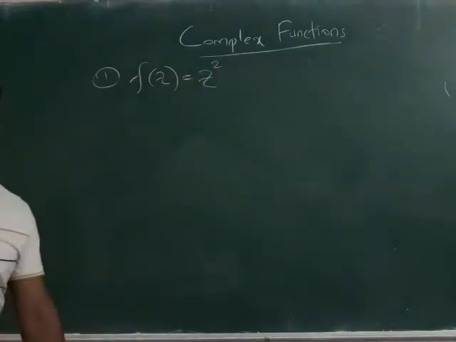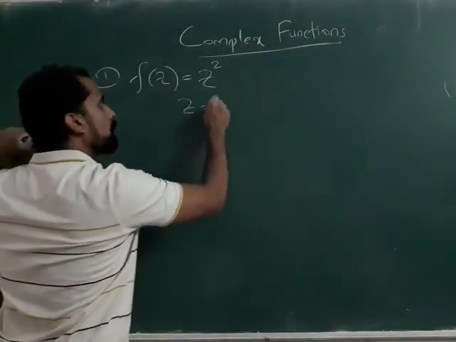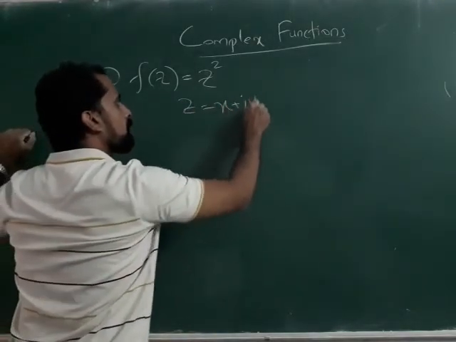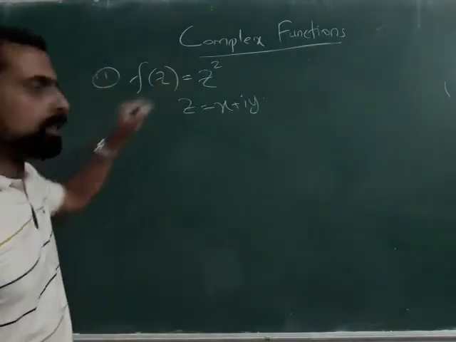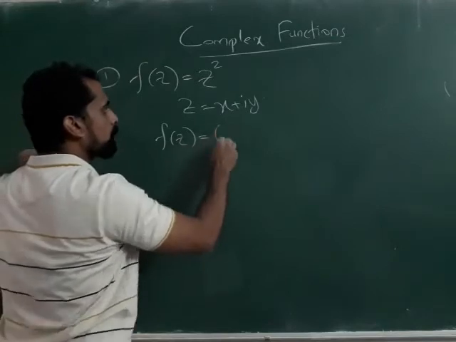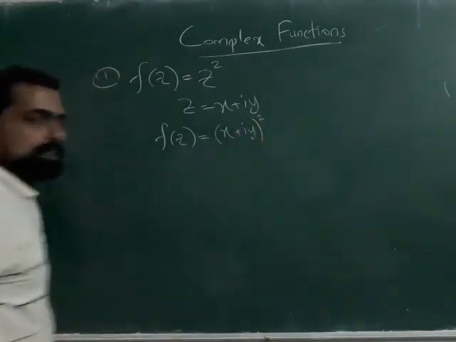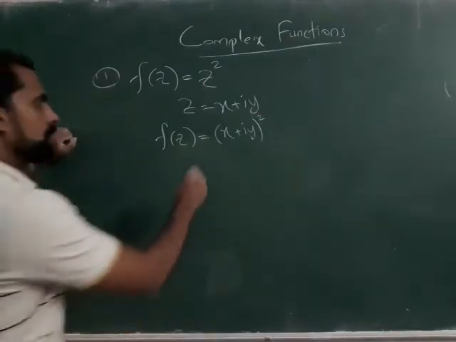Take f of z equal to z square. This is a function, and you have to write it in terms of u and v. So we know z is equal to x plus iy. Now what about this? f of z is equal to (x plus iy) all square. That means what? This you will get